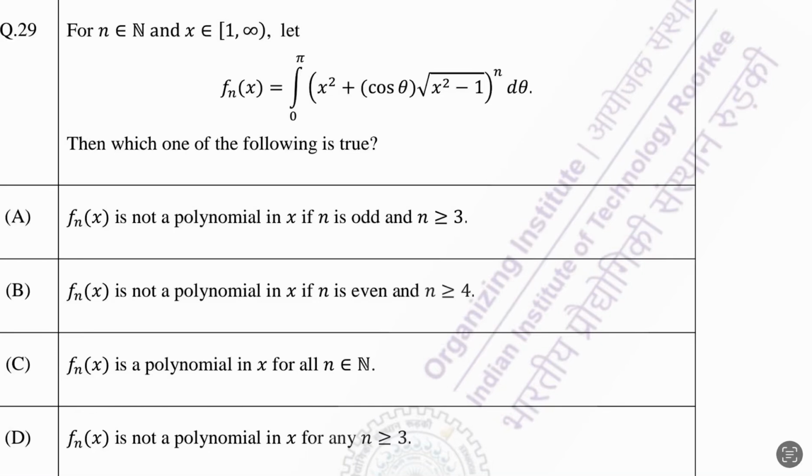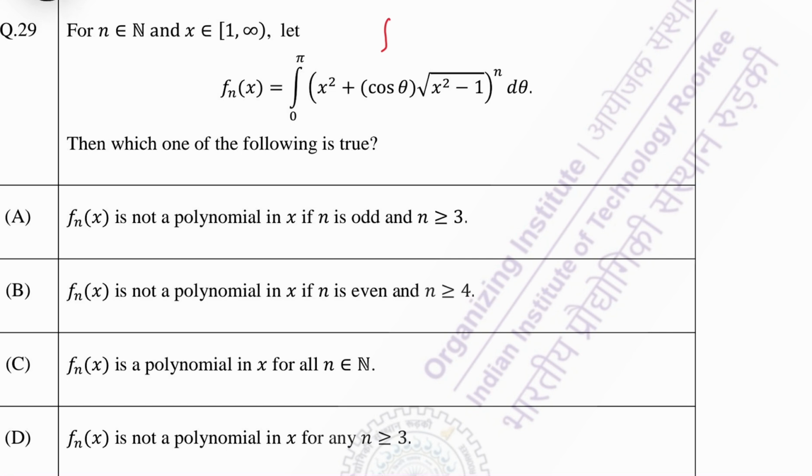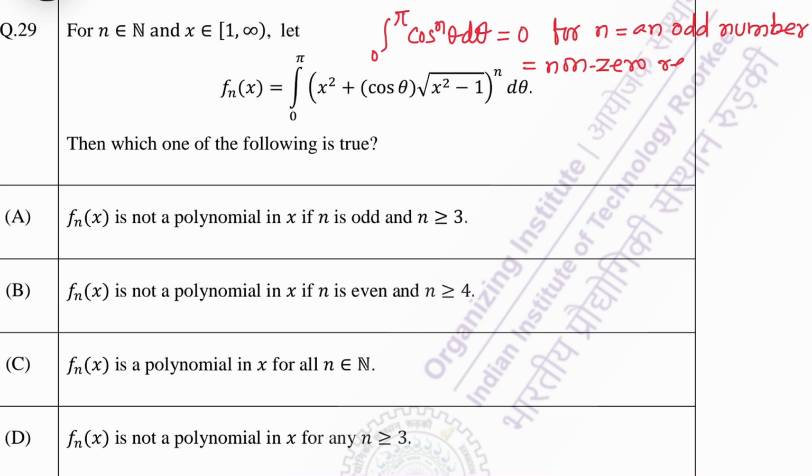Here we have an integration, and before performing the integration we must know that the integration of this, 0 to pi cos to the power n theta d theta, is 0 for n an odd number, and it is a non-zero real number for n equal to an even number. Okay,